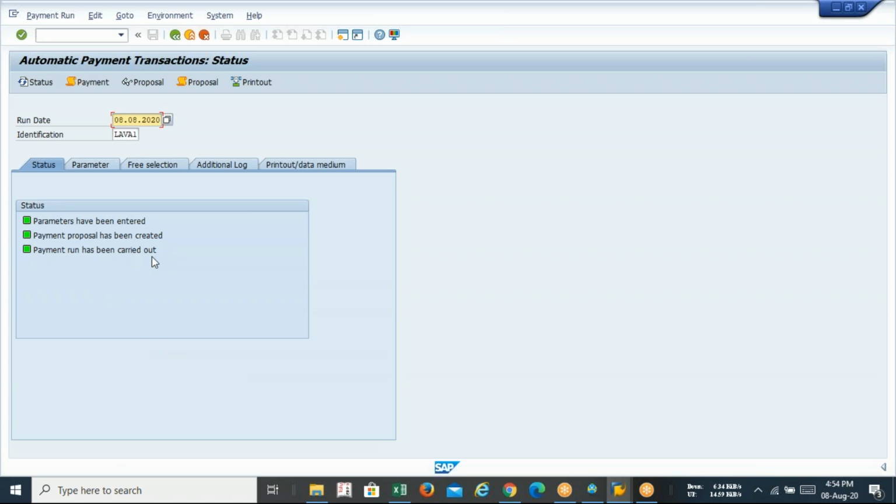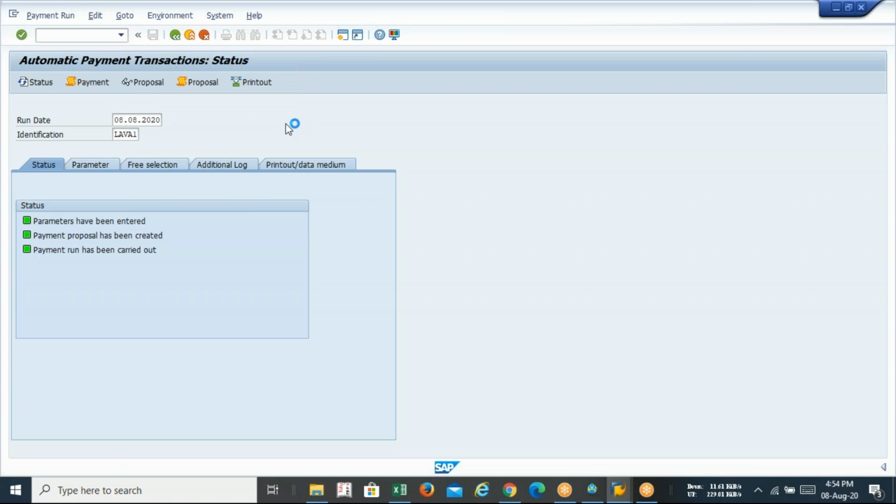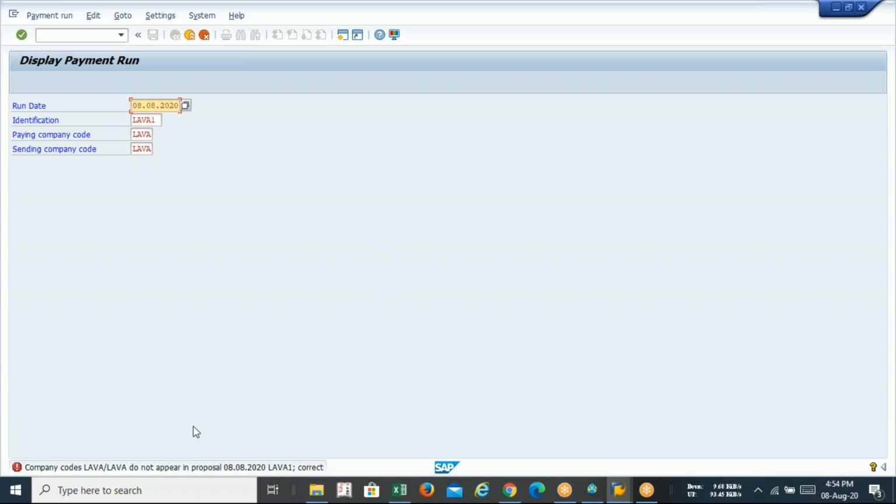So it means that my payment run has not been successfully accepted. If it is successfully accepted, in the downline we'll get the message one generated, one completed. You can see the proposal, edit, the payment. It's not getting cleared.